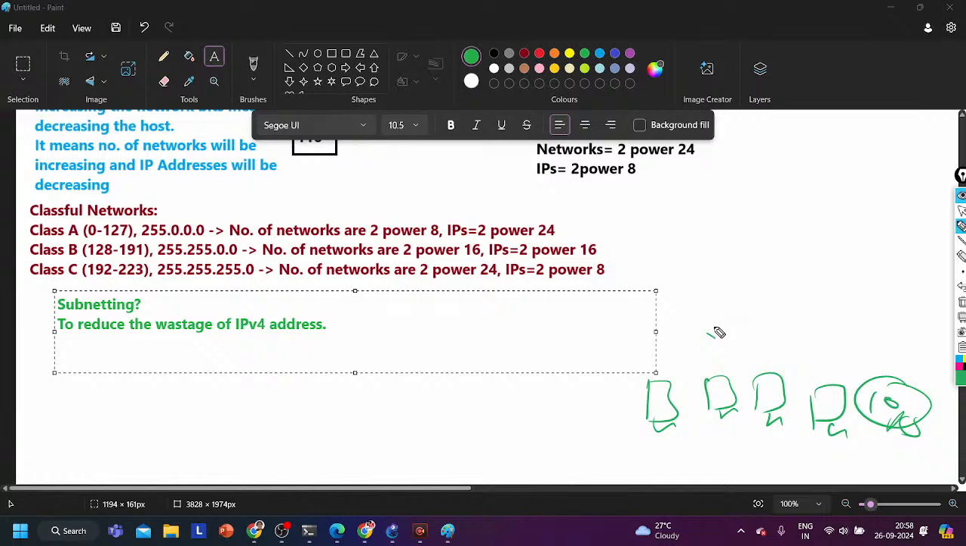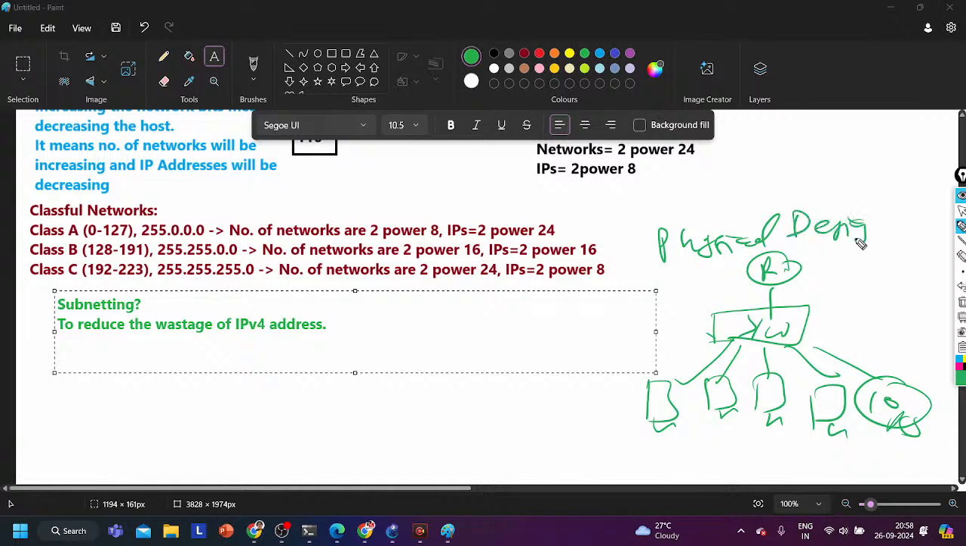Then I said you need one switch, that is a centralized device to connect all these computers together. Then you need one router. If you need security, then you can purchase one firewall also. Now this is the design, physical design. This is what, guys? Physical design. I can connect my router to the internet,